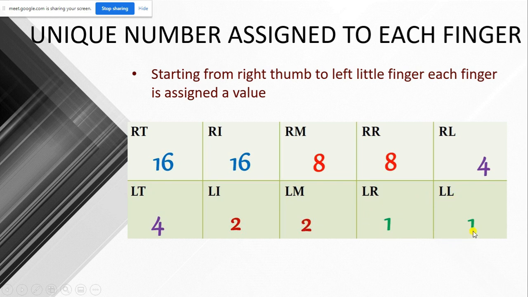So what are we seeing here? We are seeing that there are 2 fingers falling into each of the numbers 16, 8, 4, 2 and 1. In this way, all the even numbers have 16, 8, 4, 2, 1 set, and all the odd numbers have 16, 8, 4, 2, 1 set. So each of these has one of each of the values that are assigned to the fingers.